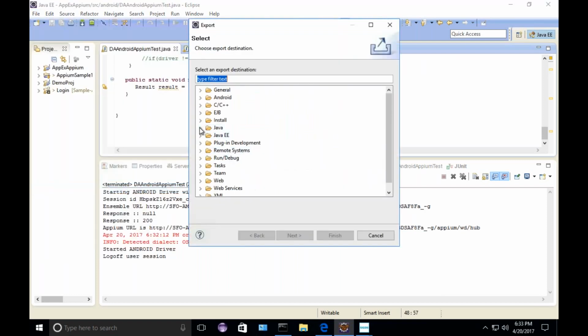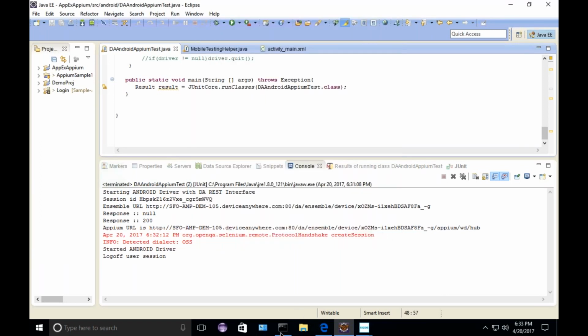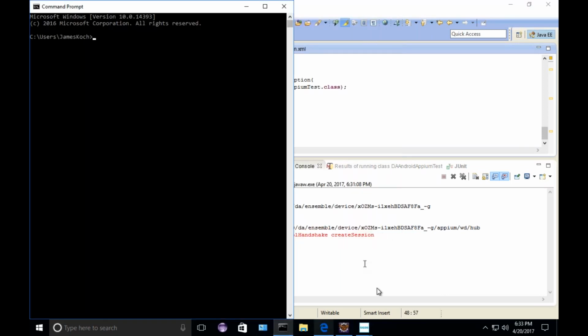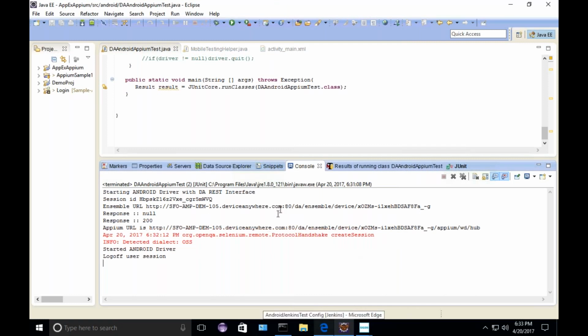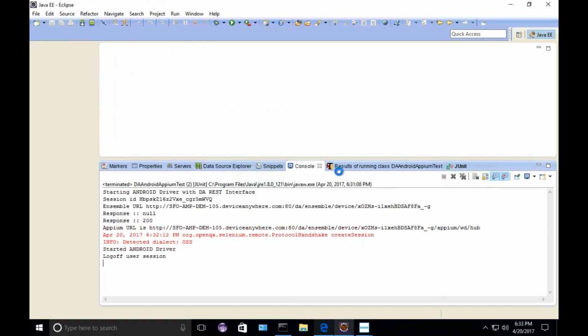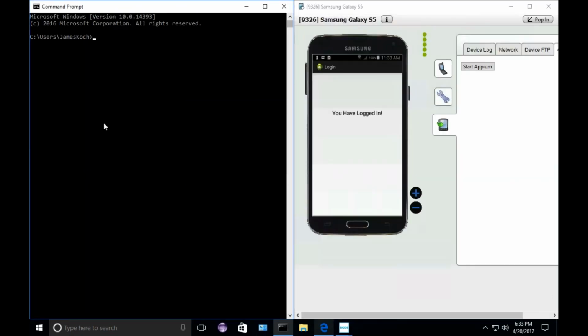We're going to export it as an executable, runnable jar file. And this runnable jar file now should give us the same command line print. So I'm actually even going to close down Eclipse to prove to you that Eclipse is now completely out of the picture. So I'm going to change directories to where the jar is located on my desktop.